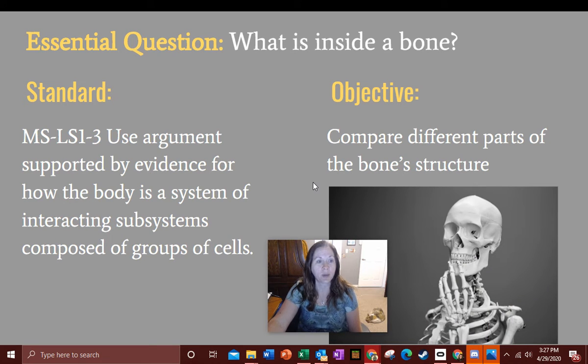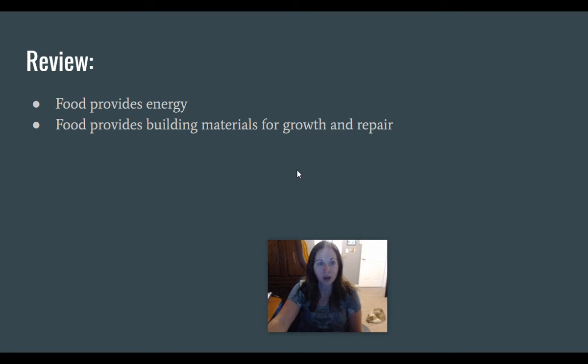We'll move over here. All right, so we are moving on to this next part of this standard. Still the same standard, but we're looking at a different subsystem now, and we're trying to compare different parts of the bone's structure. So just as a review, we know that food provides energy, and we've taken a pretty close